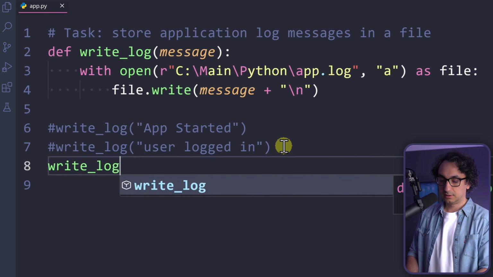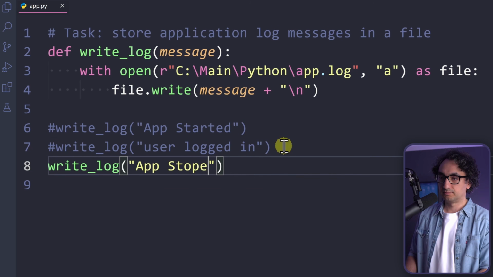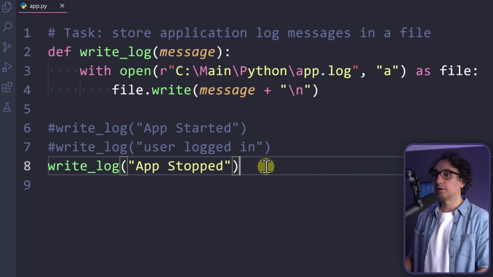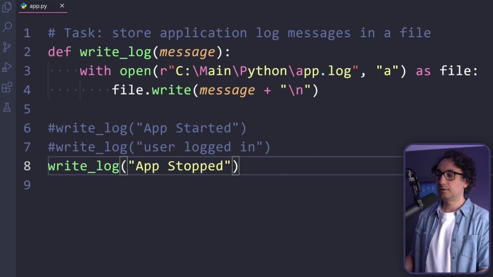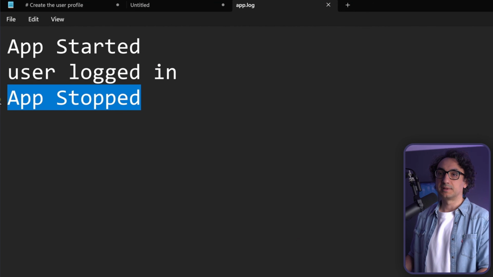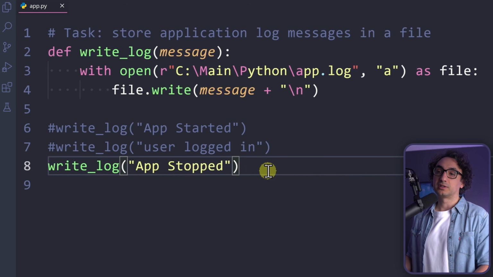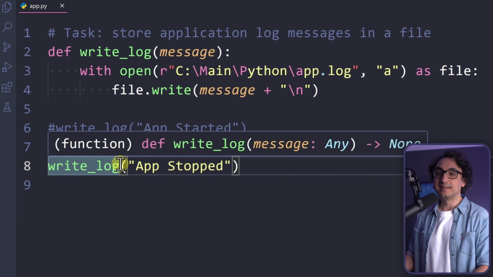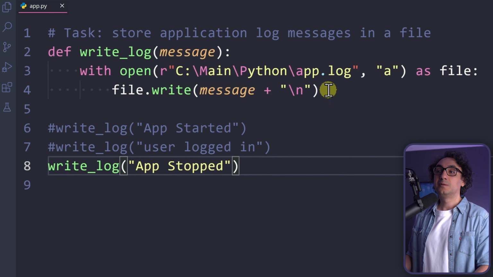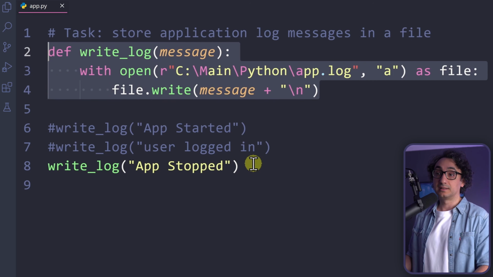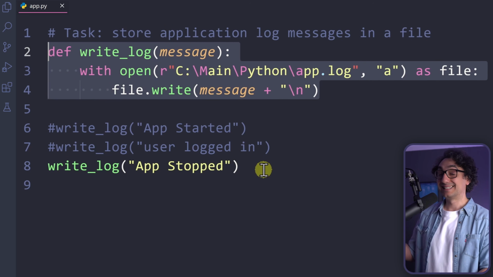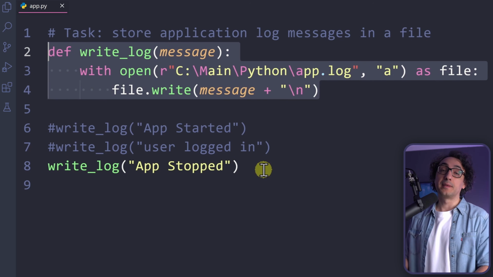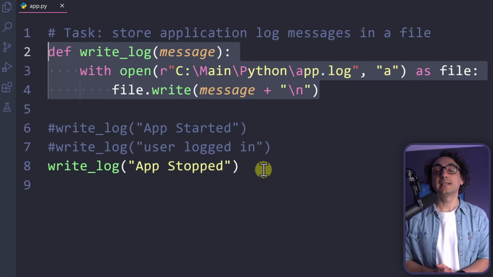Let's write log app stopped. So we are at the end of our program and I go and execute it, and then reopen the file. You can see the last message, app stopped. So now, as you can see, my friends, it is really easy now to deal with the logs using this nice function where it does one action. It go to my system, open files, and write the message at the end. That's why we call it an action function.